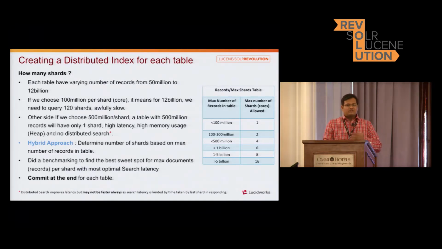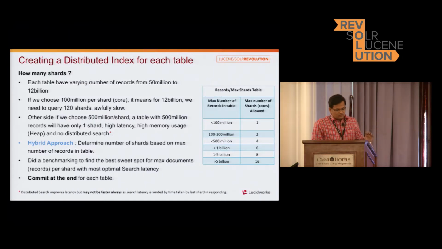Then we tried, okay, rather than 16, take 32. When we tried with 32, because we are hitting 32 cores, the search head has to make a distributed search and collect the response. So it was too slow. Then we started decreasing that number or trying to increase it, and we came up with this number: if we have 16 shards, it is going to work fine most of the time.